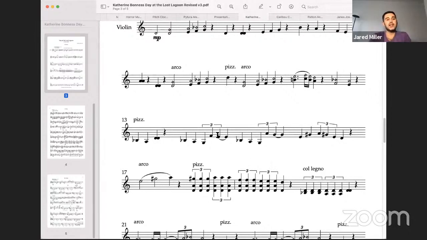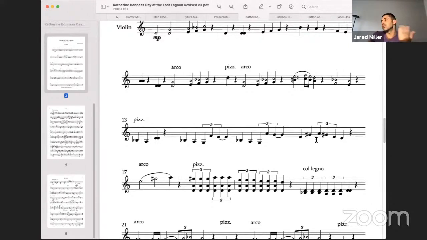And then, doing things like this, tying notes across tuplets or across bar lines. You don't have bar lines here, but just tying notes to create a syncopated effect is something else that could be very helpful for you. So turning some of these quarter notes into half notes, let's say.